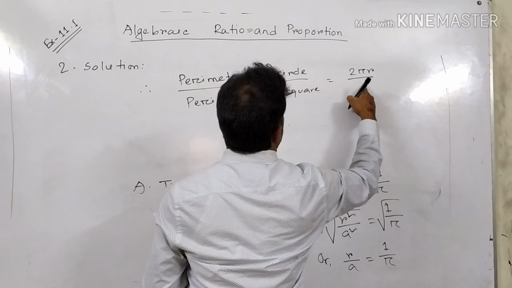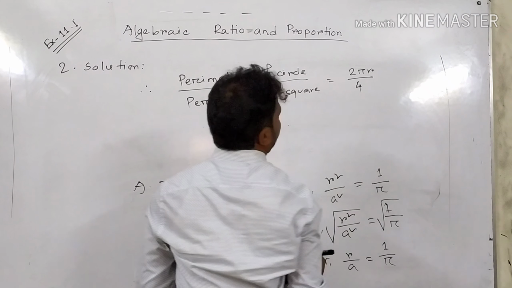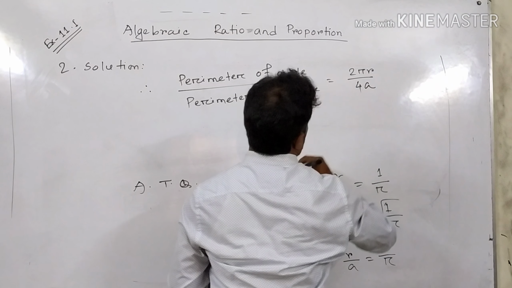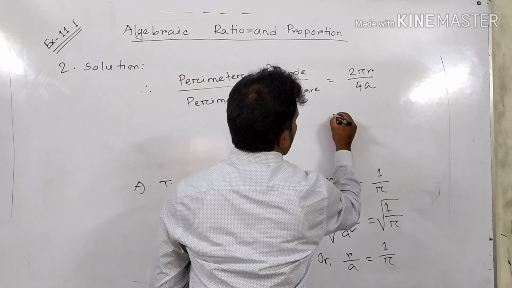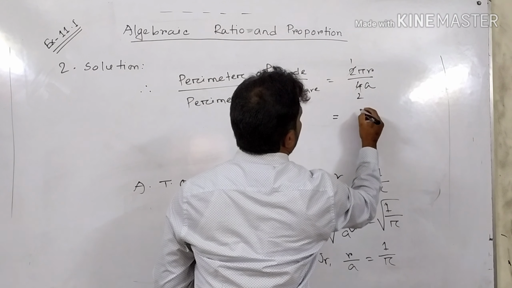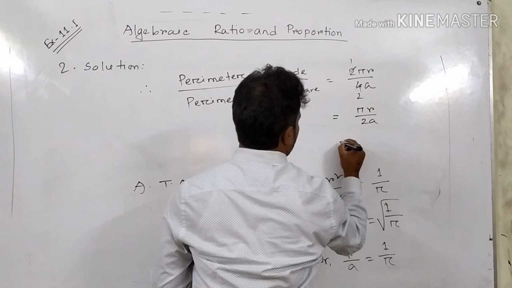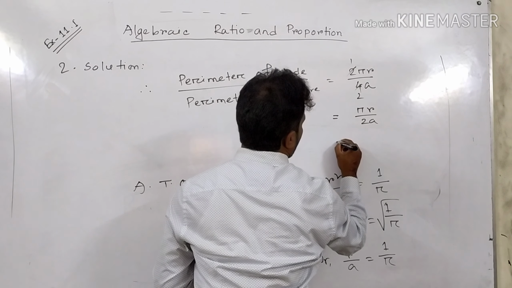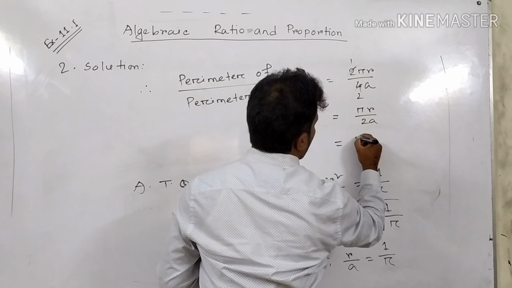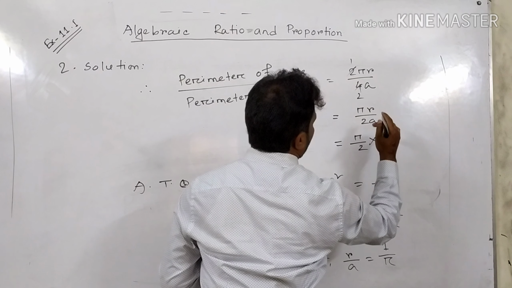Perimeter of a square equal to what? 4, length of 4 sides. Sum of the length of 4 sides equal to 4a, and here 2 omit 2, that is pi r by 2a. Now we can write here what? Pi by 2 multiply r by a,